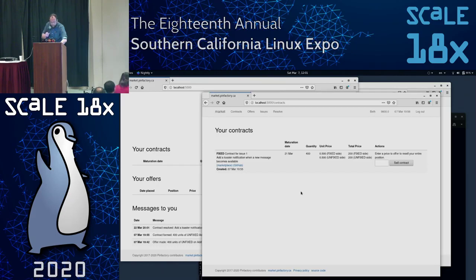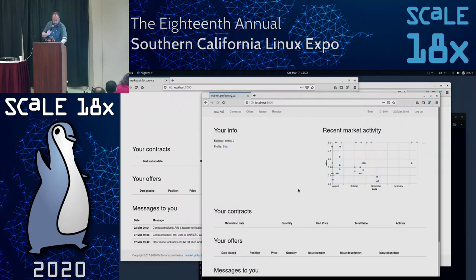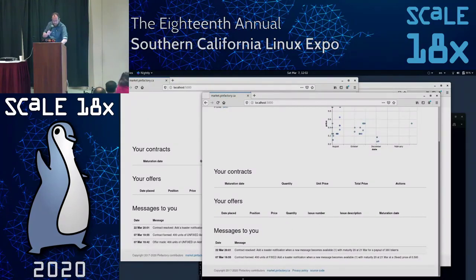Here's Beth. Let's reload. Beth no longer has any contracts, but Beth has received a message saying that add a toaster notification was resolved, and Beth received 380 tokens.